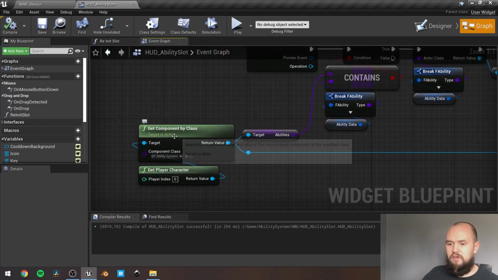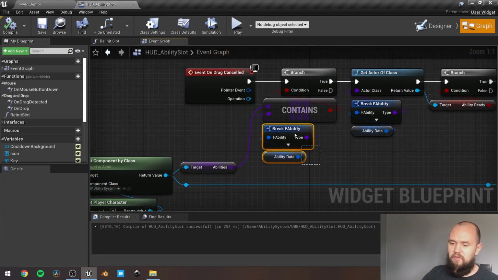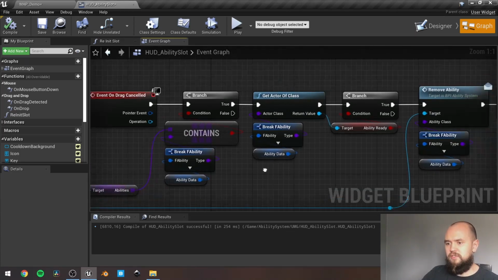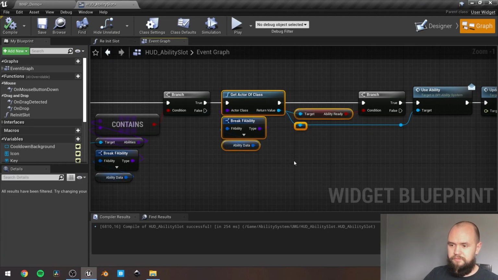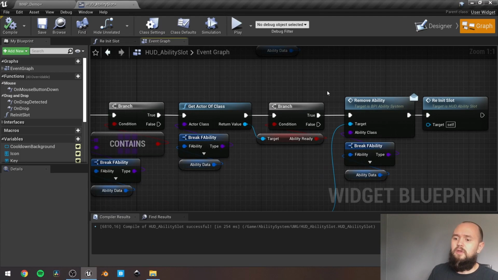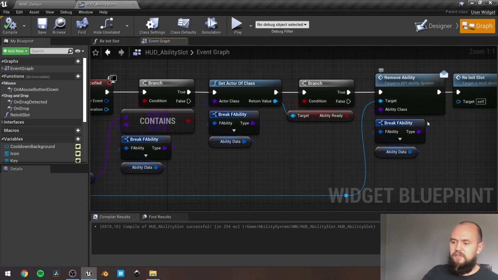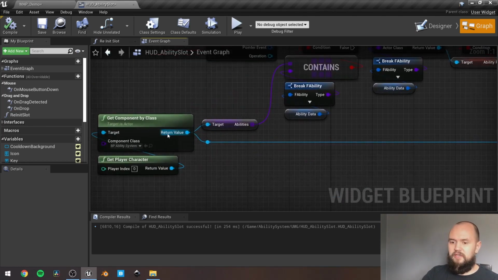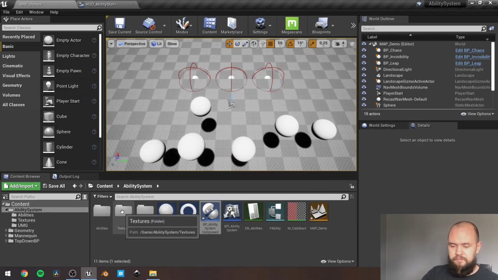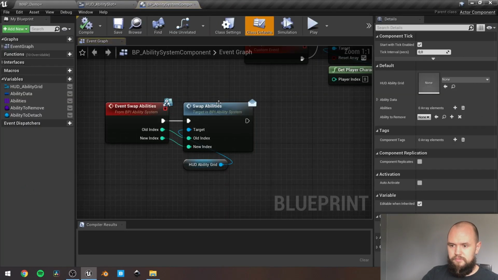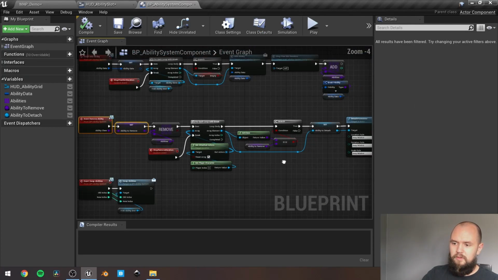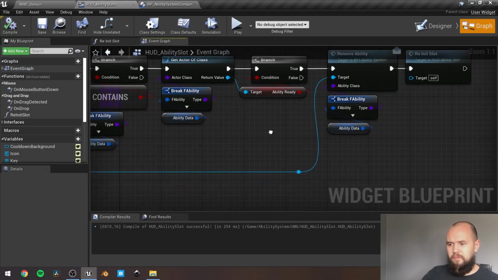So on drag cancel, we check whether our ability component inside our abilities has the same type of ability that we want to withdraw to the world. If it's true, we get actor of this class, as we have it here. And we check whether the ability is ready, because we can't withdraw an ability with a cooldown. If it's true, we remove ability. It's the interface message from our player to our ability component, and this one will actually fire this event. So we remove our ability, and next we need to